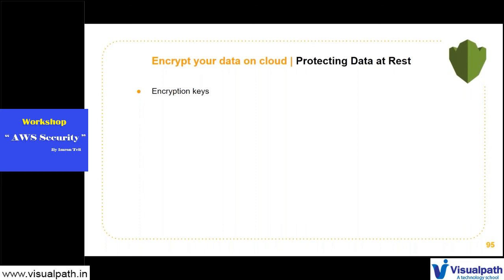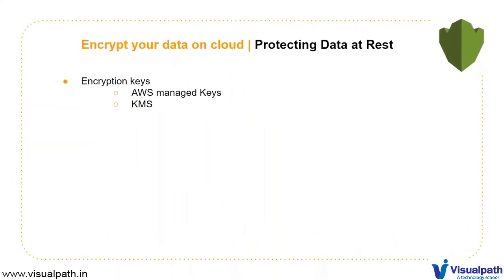But AWS also gives you a service called KMS. So there are AWS managed keys, right? We are not going to use that in this workshop. There is AWS KMS, Key Management Service, where you can create encryption keys. Okay. You can also import your own key material if you want, but it's not really required. You create the key through KMS, and then you can manage the key authorization and key expiry, and so many things.